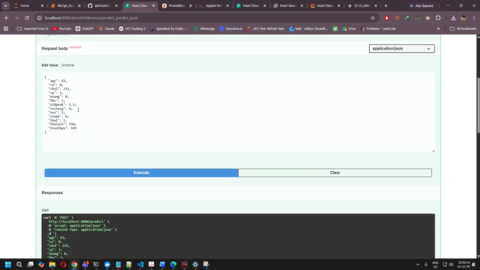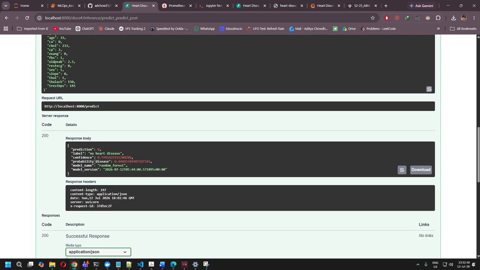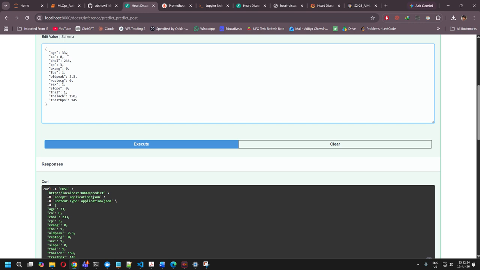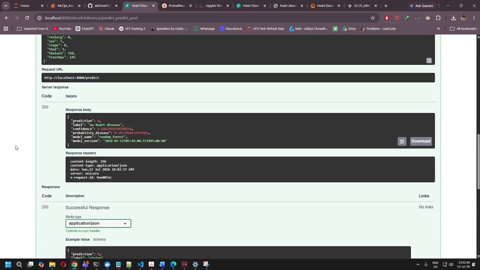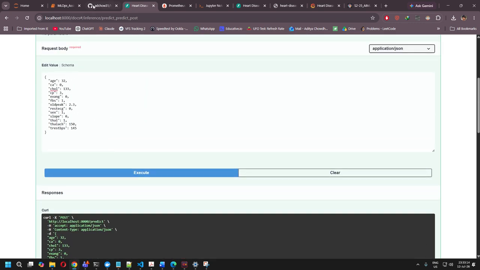Now if I pass different parameters over here, such as if I make the age 33 and then execute, you can see this is again changing to 55.9%. And if I pass this as 32 and then make this 133 and then execute, you can see there is a probability confidence score of 60.6. As a result, you can see that this is a live demonstration and this is not a dummy URL. This is a correct part which shows the confidence score according to the parameters being passed.